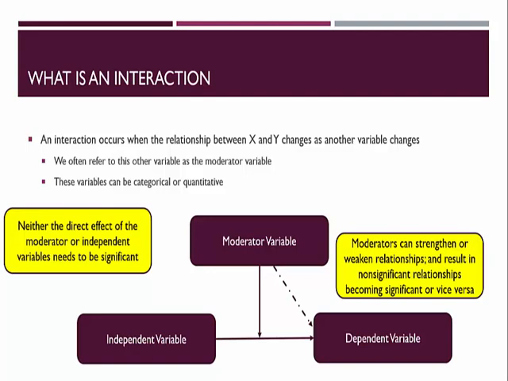An interaction occurs when the relationship between x and y changes as another variable changes. That other variable is referred to as a moderator variable. Moderators can be categorical or they can be quantitative, just as independent and dependent variables can be categorical or